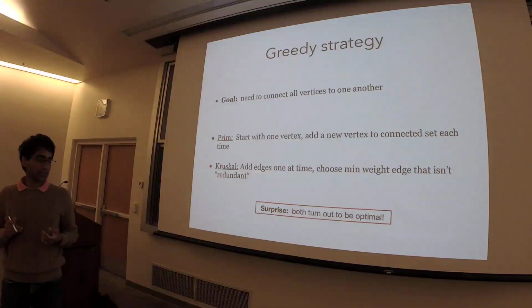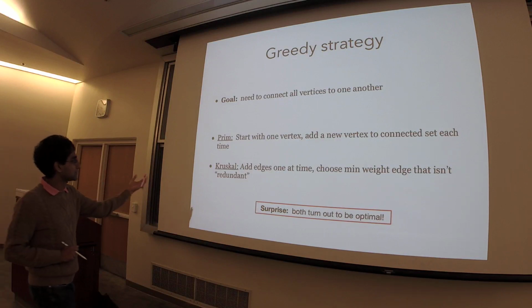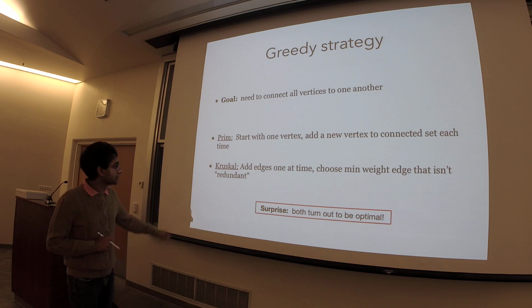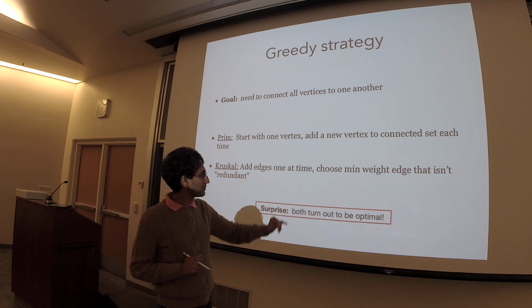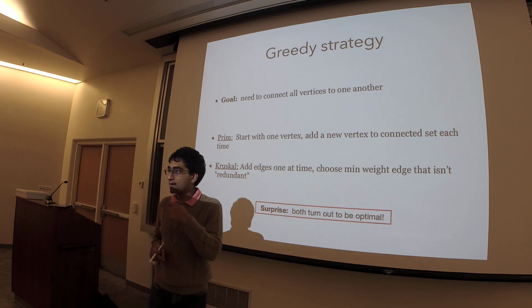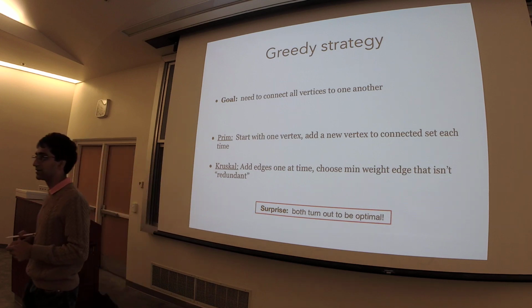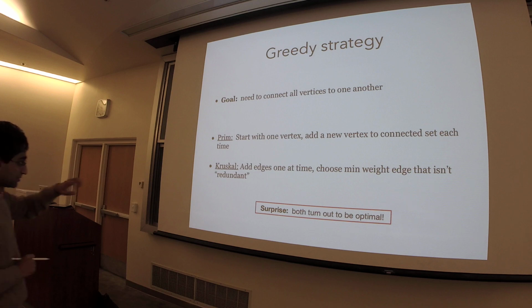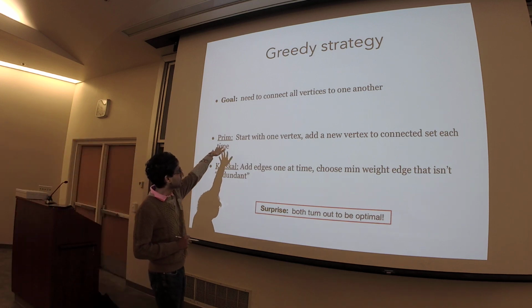One is something that was just in class, which is you sort the edges in increasing order, and you add edges one at a time as long as the edge you are adding is not redundant. And this we said is called Kruskal's algorithm. This also turns out to be optimal. But we started analyzing a slightly different algorithm